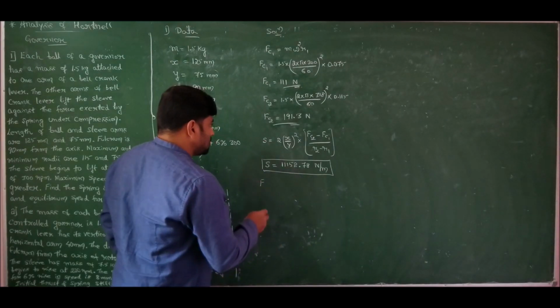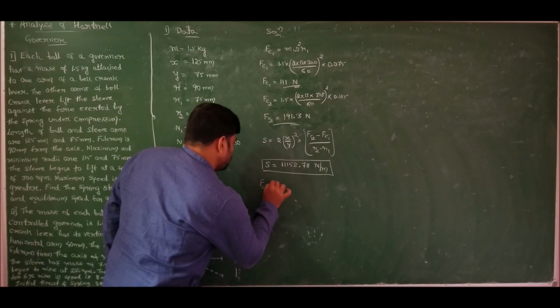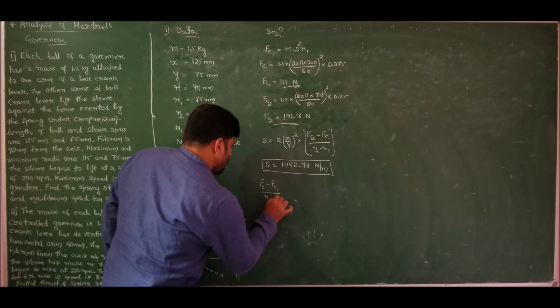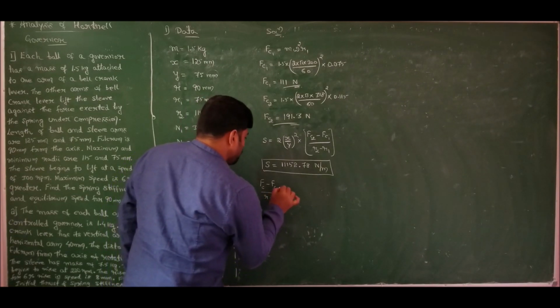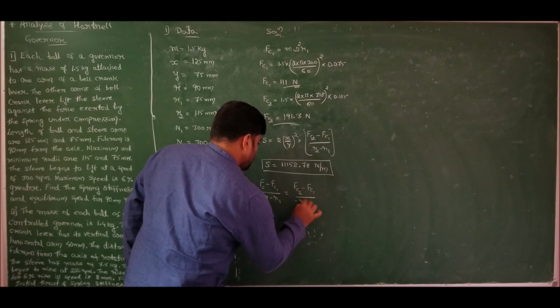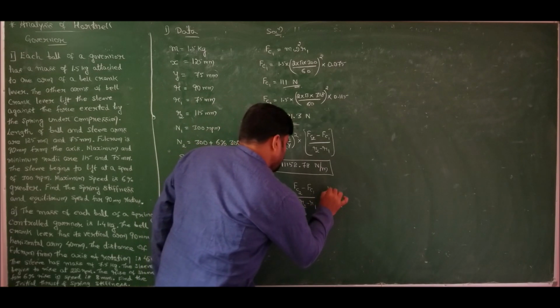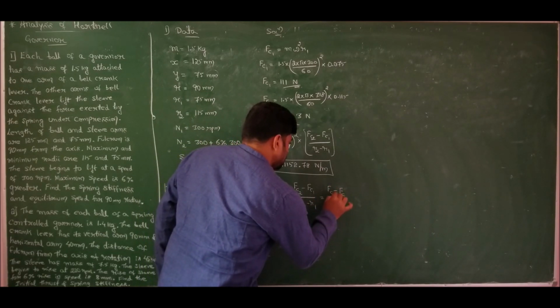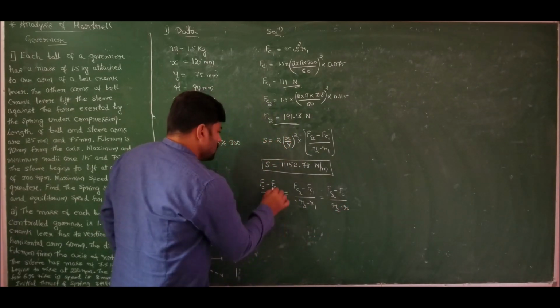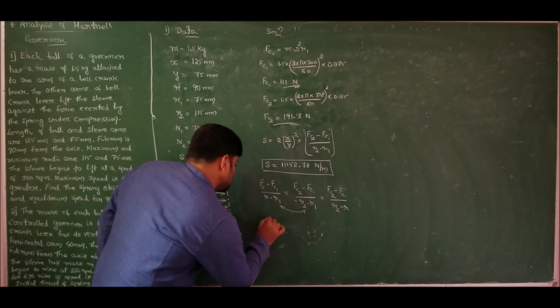If I equate all these positions for stiffness, I get an expression: between mean and minimum, it is (Fc minus Fc1) by (R minus R1). This must be equal to the one between minimum and maximum, which is (Fc2 minus Fc1) divided by (R2 minus R1). Between mean and maximum, it will be (Fc2 minus Fc) divided by (R2 minus R). Now use these two equations to solve. If I use these two equations, I can get the value of Fc.